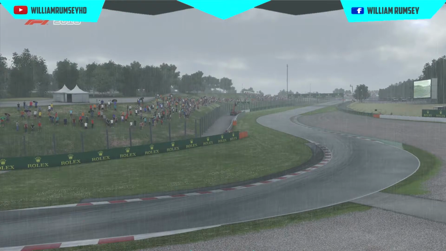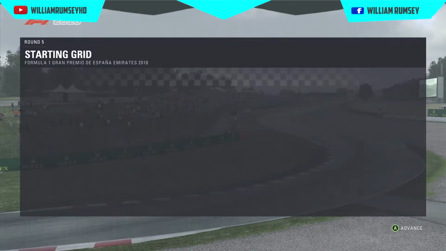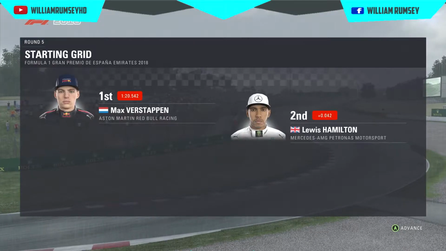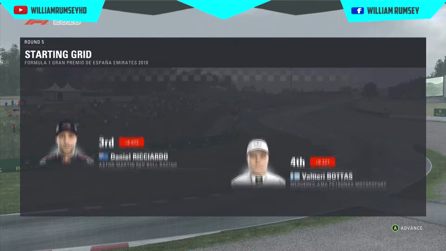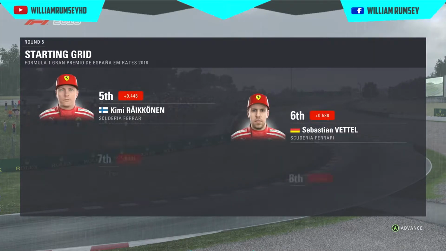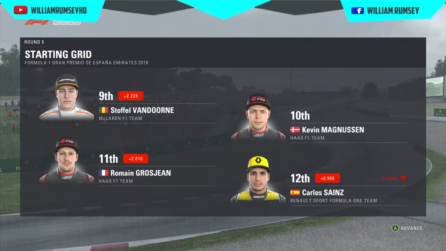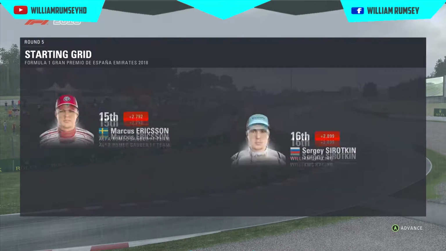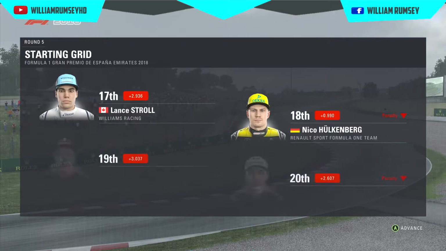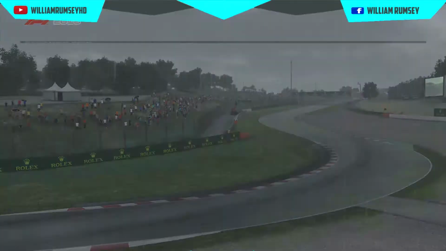We're almost ready to go then, and this is what the starting grid looks like for today's race. Young superstar Max Verstappen starts from pole position, and it's Lewis Hamilton alongside. Looking down the rest of the grid, we have Ricciardo, Bottas, Kimi Raikkonen, and Vettel, Alonso, Williams, Van Dorn, and Kevin Magnussen, Grosjean, Sainz, Esteban Ocon, and Perez, Ericsson, Sirotkin, Lance Stroll, and Nico Hülkenberg. They've taken a grid penalty. Hartley and Pierre Gasly rounds off the grid. And now it's time to...